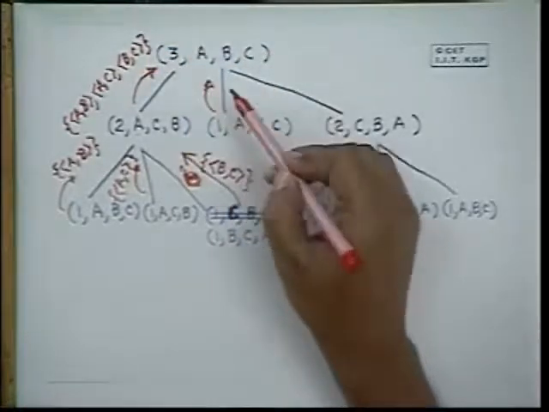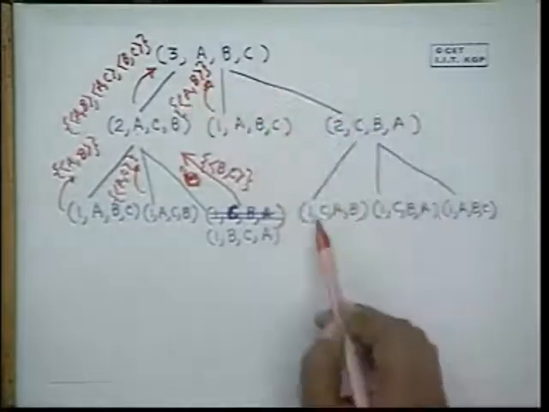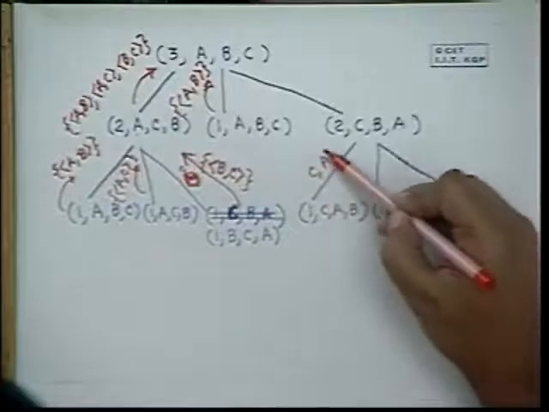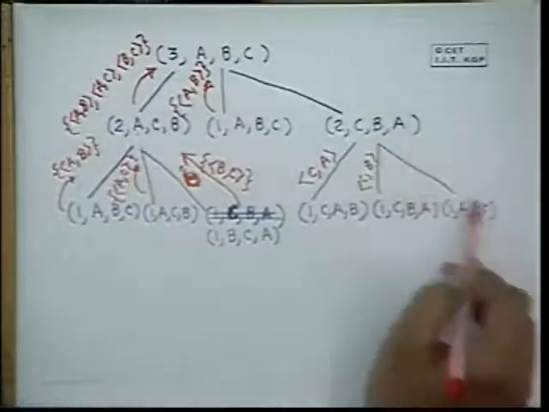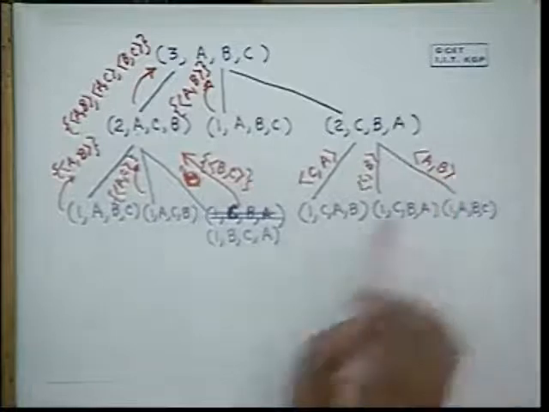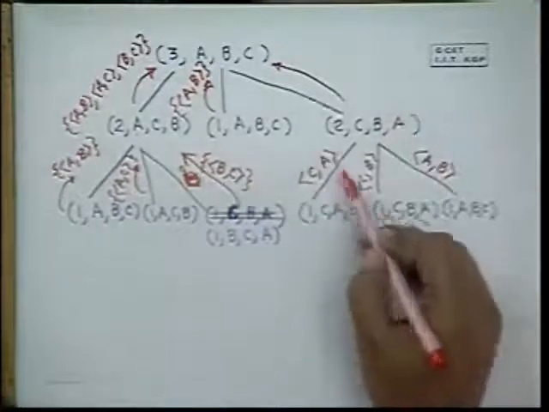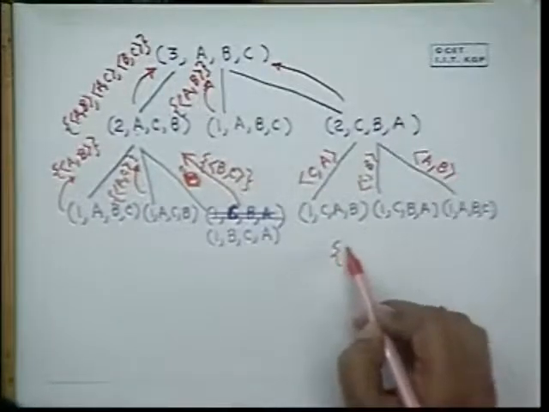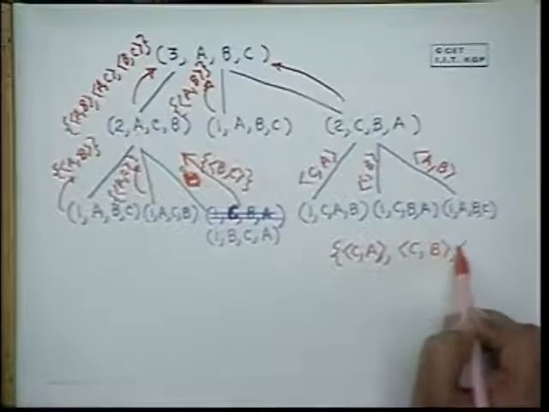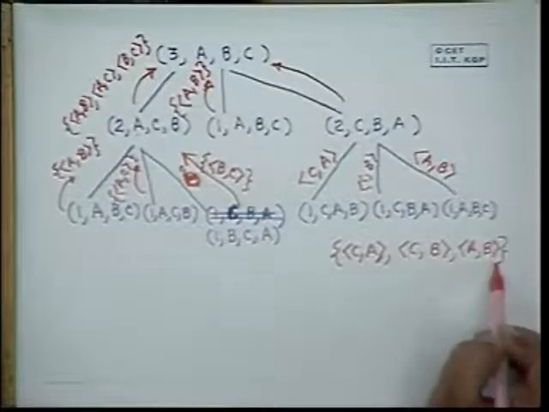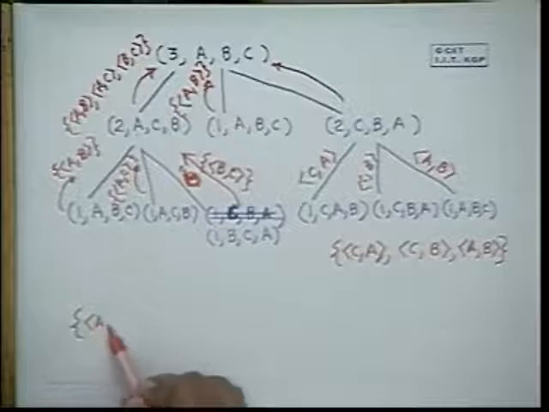This one will return A B. Similarly, this one will return C A. This one will return C B, and this one will return A B, and this will return the sequence C A followed by C B followed by A B. So this will return, I am writing it here, C A followed by C B followed by A B. And this followed by this followed by this will give you the final solution, which will be A B